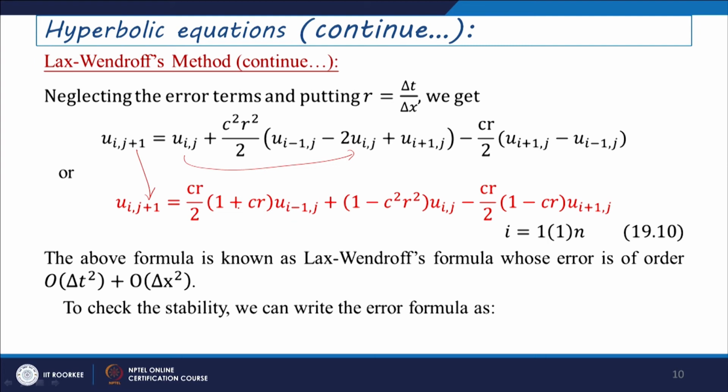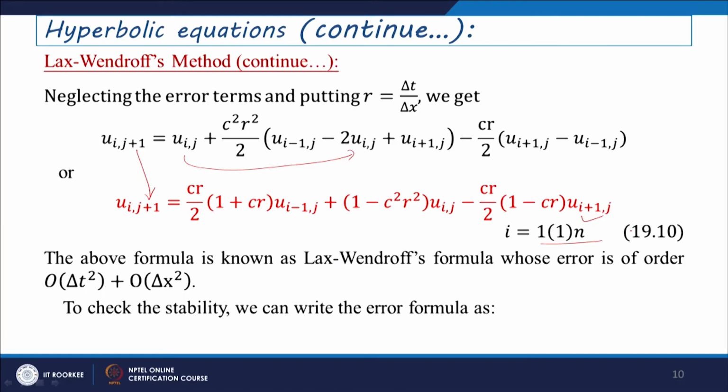So, it can be written as c r by 2 into 1 plus c r times u(i-1, j), plus 1 minus c square r square times u(i, j), minus c r by 2 into 1 minus c r times u(i+1, j), where i equals 0 can be taken as the boundary condition. Afterwards we start the computation, so i varies from 1 to n points. And this formula is known as the Lax-Wendroff formula, and whose error is of the order of del t square plus del